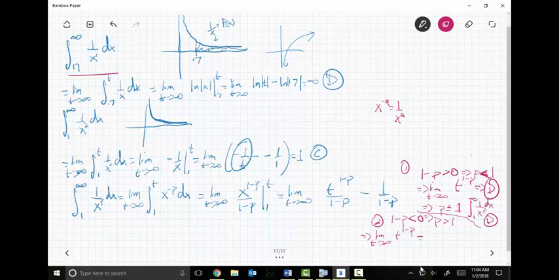In other words, this would equal 0 because infinity is in the denominator, which implies I would just get negative 1 over 1 minus p. True? Oh, you know what? I did a bad thing. I'm supposed to have a 1 over 1 minus p out here, aren't I? No, I'm not. Never mind. Don't listen to me. I did a great thing. I am awesome. Sorry. This implies that the integral from 1 to infinity of dx over x to the p